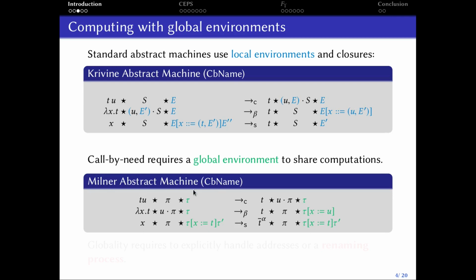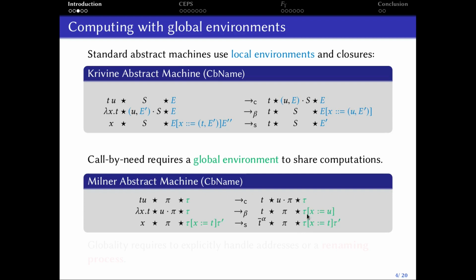So also for the call by name evaluation strategy here, we can see that the term is computed in front of a stack together with one global environment which is not copied. So when we push onto the stack, we don't do any copy. When we perform the beta reduction rule here, we get U, and we put the link x to U once in the environment, and the environment of U is given by the prefix of the environment here.